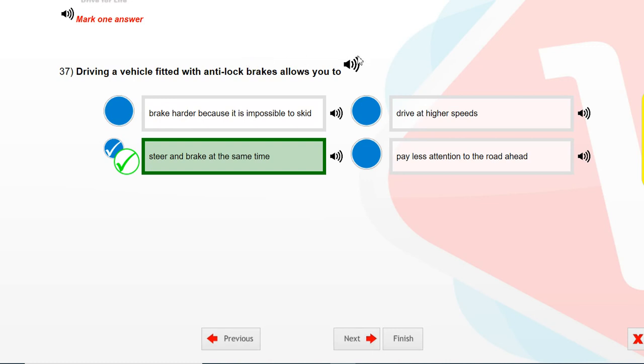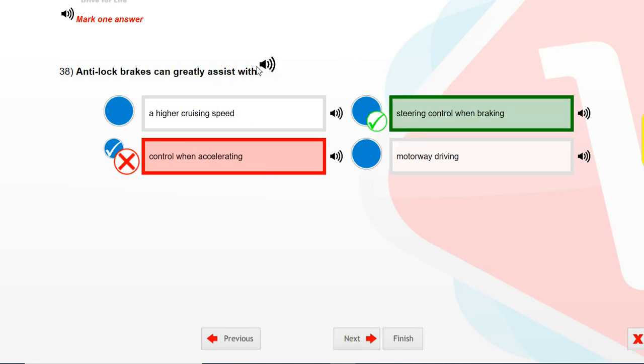Driving a vehicle fitted with anti-lock brakes allows you to. Select one answer. Steer and brake at the same time. Anti-lock brakes can greatly assist with. Select one answer.